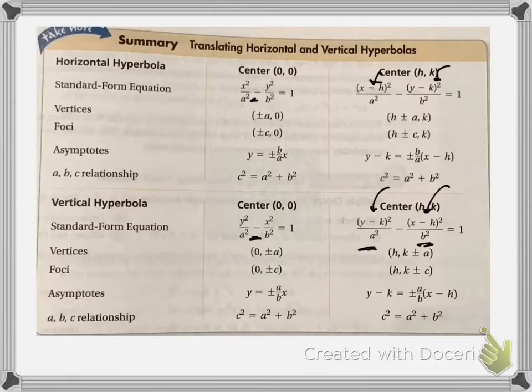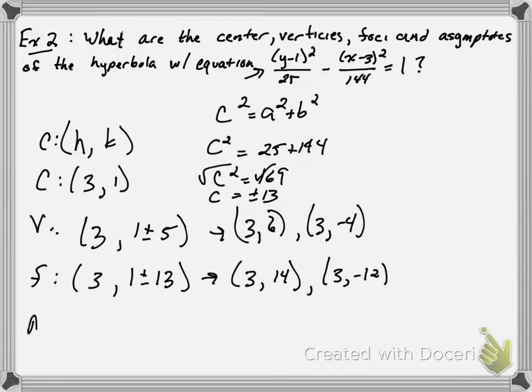If you go back and look, the asymptotes is y minus k, we're dealing with this one right here, plus or minus a over b, x minus h. So my asymptotes, based on that equation, is y minus 1 equals